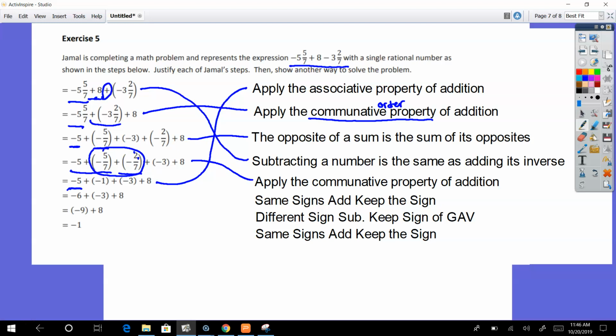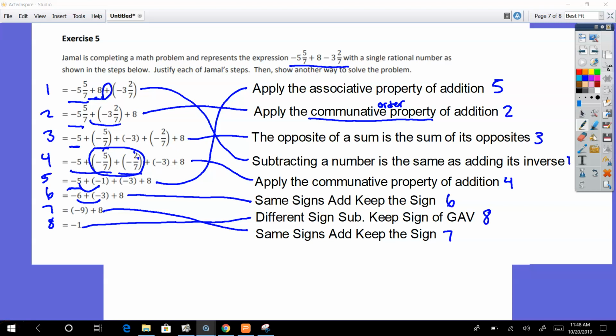So our next one, we have -6 now. And so we can see they're putting these two things together, which have the same signs. So we have to add, and we keep the sign of the greater absolute value. Next, we see -6 and -3 are now gone because we were, again, adding the same sign. Add and keep the sign of the greater absolute value. And then finally, -1 is because the two were different signs, so we subtracted. We kept the sign of the greater absolute value. Okay, and I added the numbers in there in case you wanted to do numbers instead of lines. So 1 goes with 1